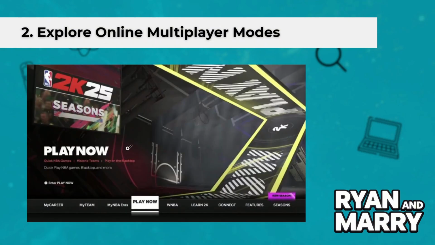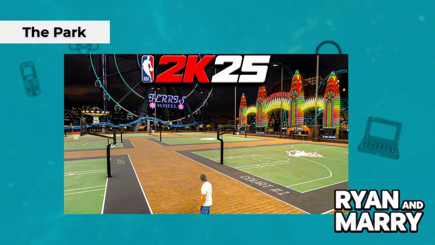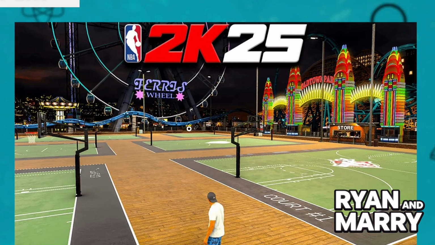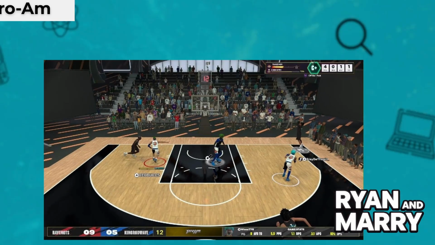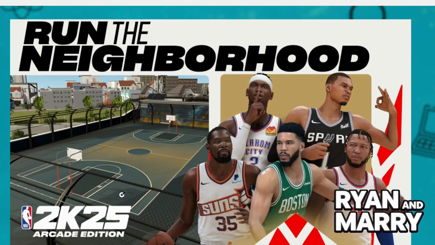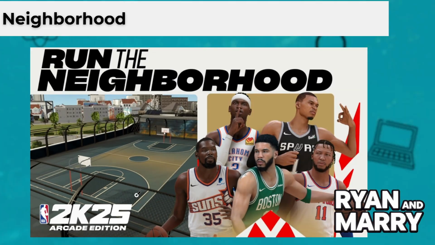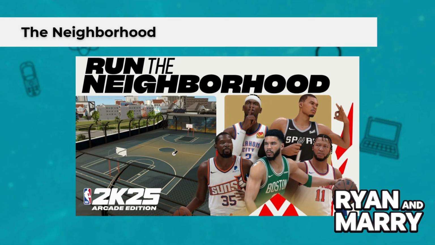2. Explore online multiplayer modes. NBA 2K25 offers several online multiplayer modes that capture the essence of streetball. The Park: engage in casual 3v3 streetball games with other players. Pro-Am: participate in competitive 5v5 matches with custom teams. The Neighborhood: explore a virtual community where you can play pick-up games and interact with other players. These modes provide an online experience similar to Blacktop, allowing you to play with or against friends and other players